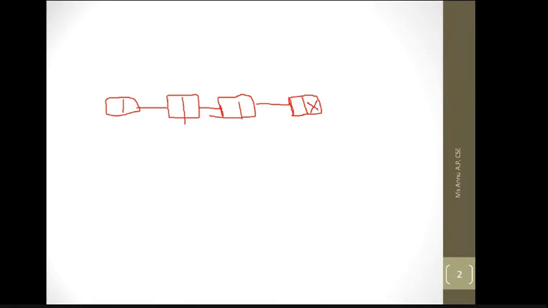You are just given the address of this node, let's suppose. Okay, because a linked list is there, automatically you are having the address of the head also. Okay, some values are stored here.